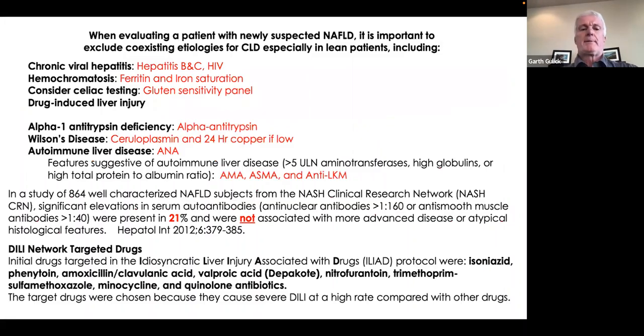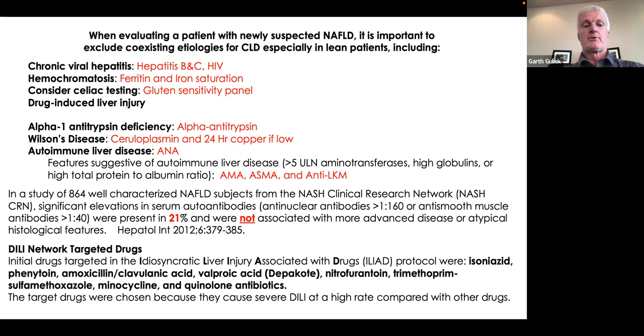When you have a person with hepatitis, I've used this slide in many presentations. You really want to screen for things that can imitate hepatitis, especially now that we're all going to get told really quick that our patients above 30 are not normal. Of course, we need to screen for hepatitis B, C, and HIV, especially in Northern Europeans. You need to screen for iron storage disease, hemochromatosis. In one study of idiopathic hepatitis, 25% of the people without a diagnosis had gluten sensitivity found to be associated. So many guidelines include celiac screening. And then we